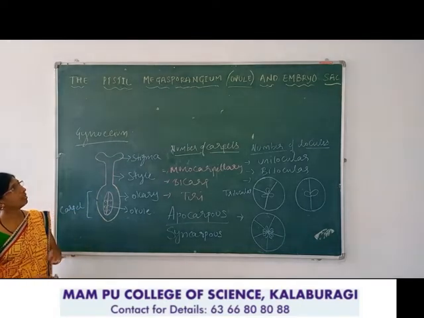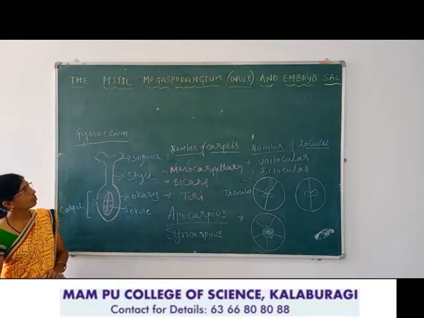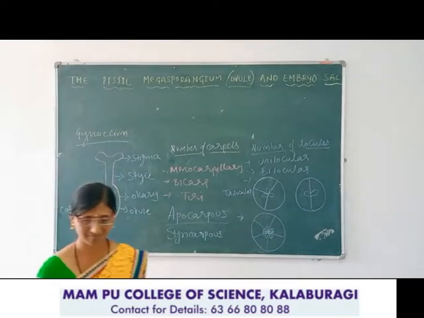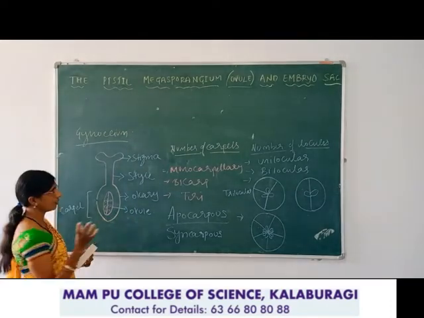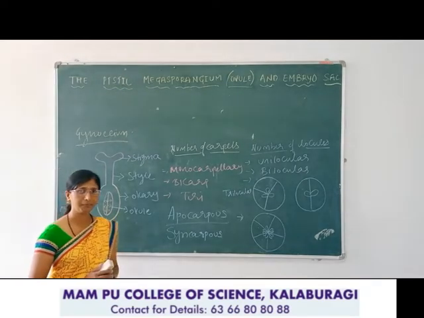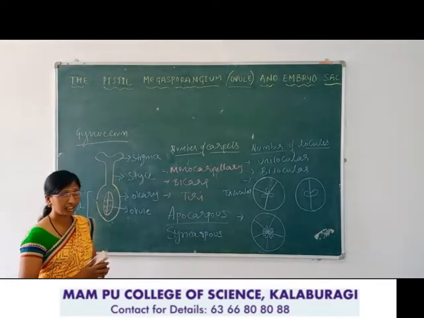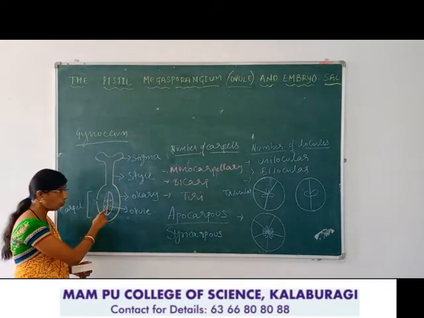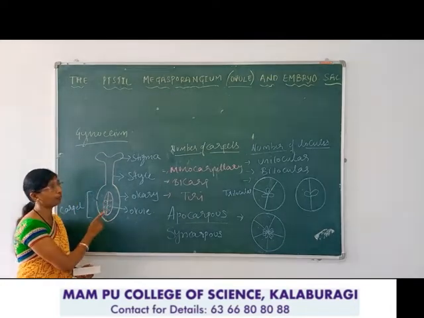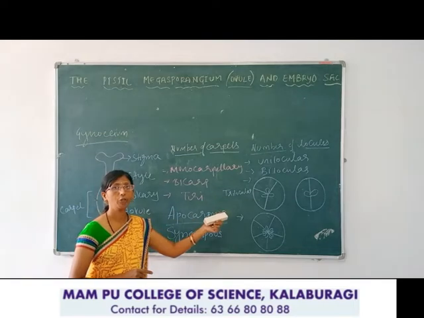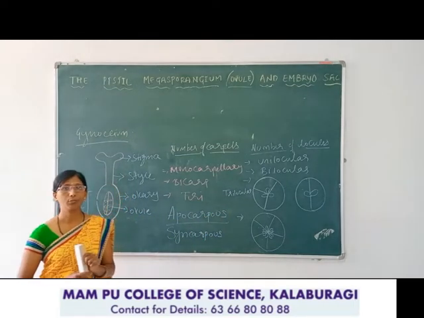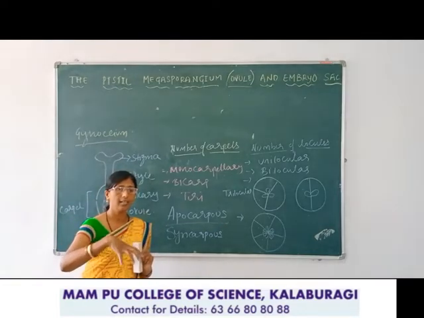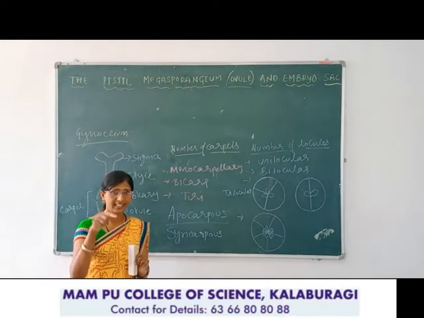Okay, let us study about the megasporangium, the ovule. So megasporangium is ovule. Ovule means when we take the section of ovule. In flowers, the gynoecium's last part, the basal part, is the ovary. In the ovary they contain ovules. So when we take the section of ovule, let us study. That is the LS or VS of ovule. That is the anatropous ovule, or it is called the inverted ovule. Anatropous or inverted because it is a 180-degree curve.